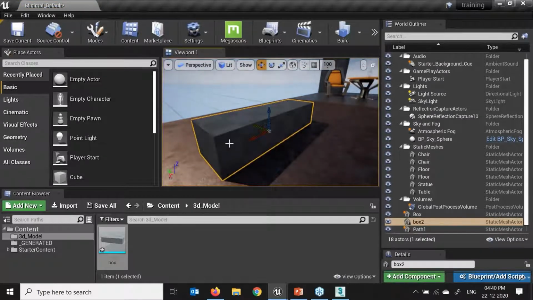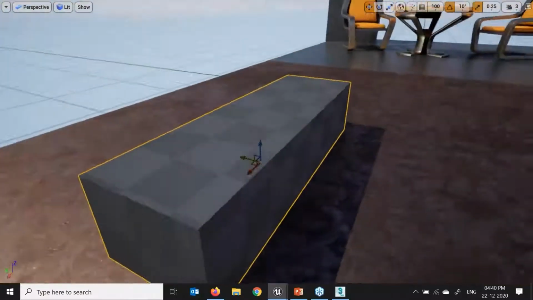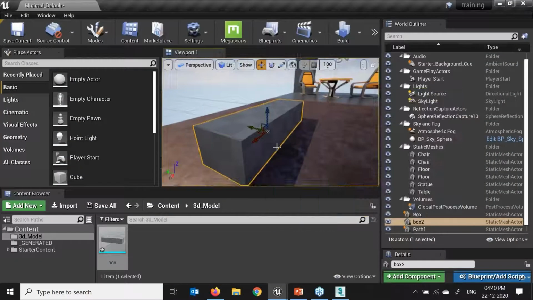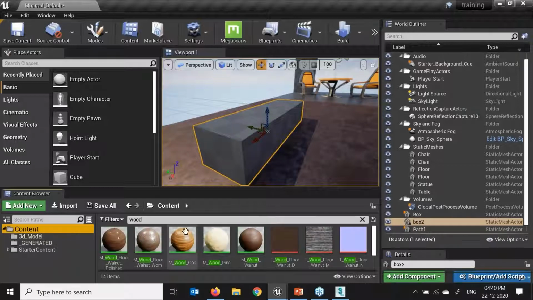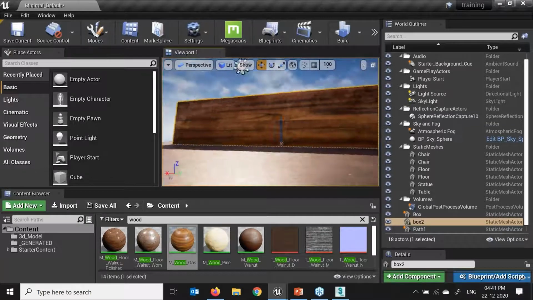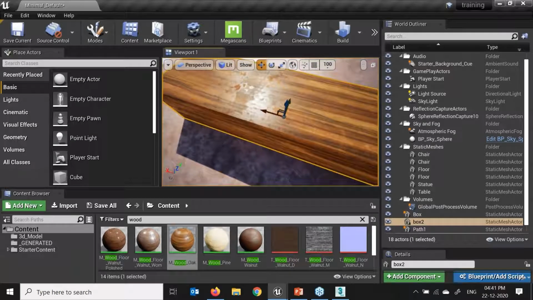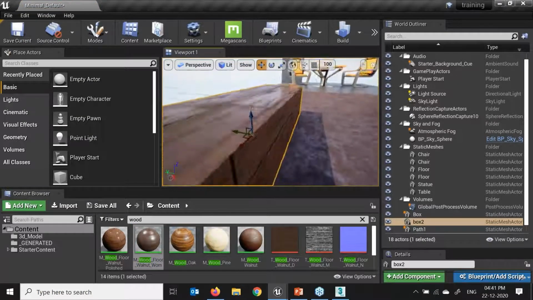Here we can see this is simply a project imported from 3D software. Now the best thing is that I have already opened the UV. So I'll just search wood textures. In the 3D model, this is a wood texture, just need to drag and drop. So simply it is so easily applied over here. Here you can see, correct? I'll just need to drag on this, then I can do that.